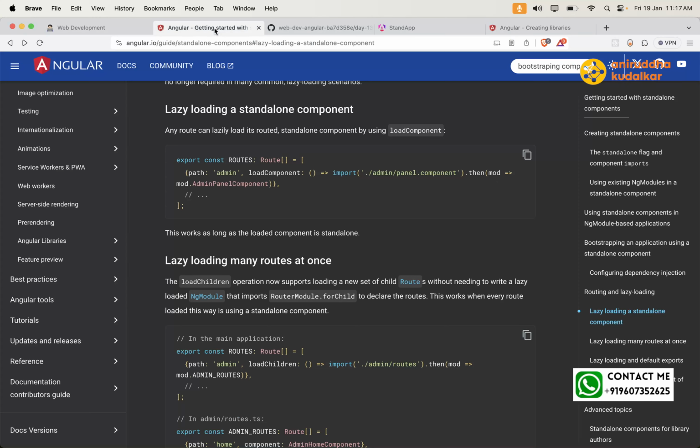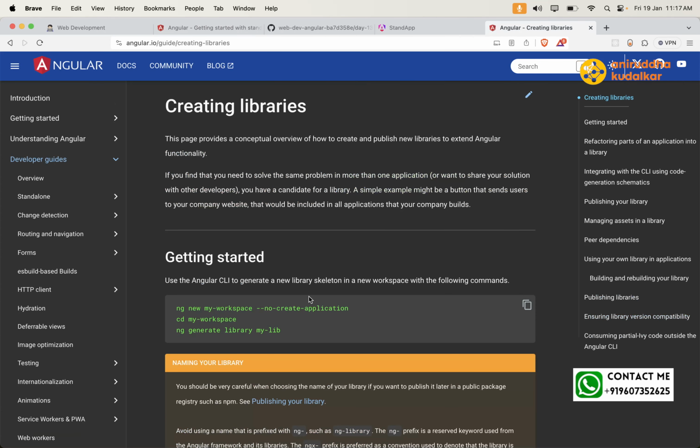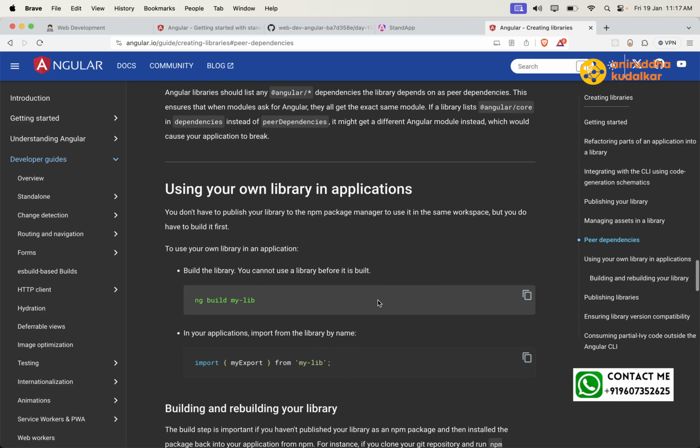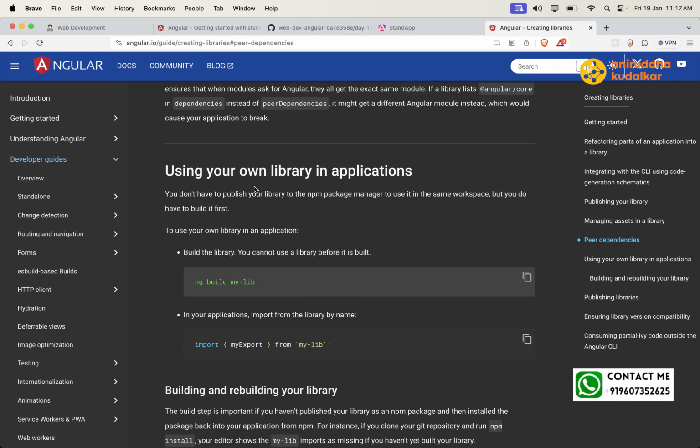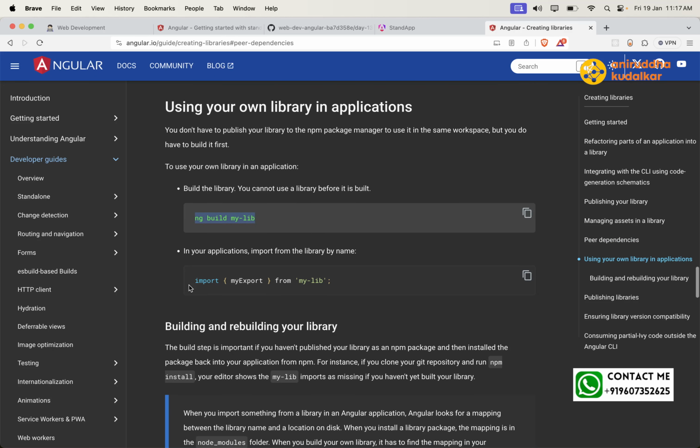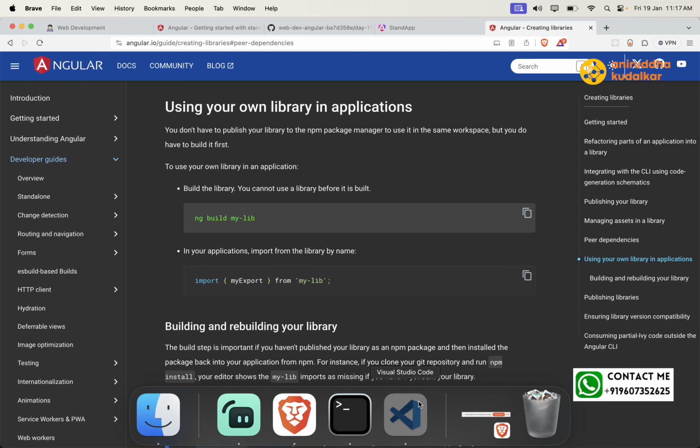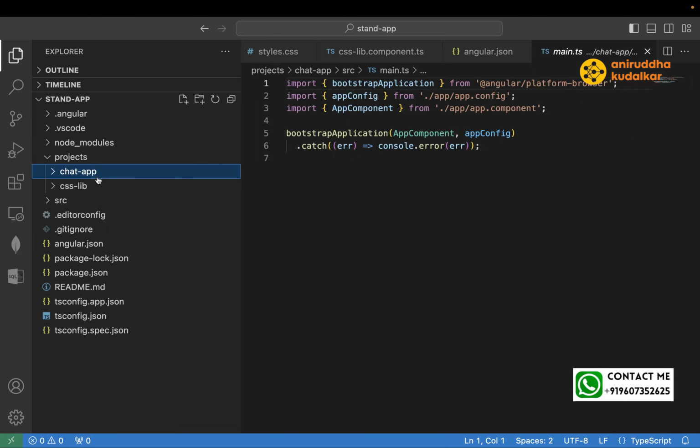If you see here, creating libraries, publishing, peer dependencies, using your own libraries in the applications. Can you see? You don't have to publish your library to the npm package manager to use it in the same workspace, but you need to build it first. Correct? You need to build it first, and in your application import something like this. So let's go to our library, css lib,